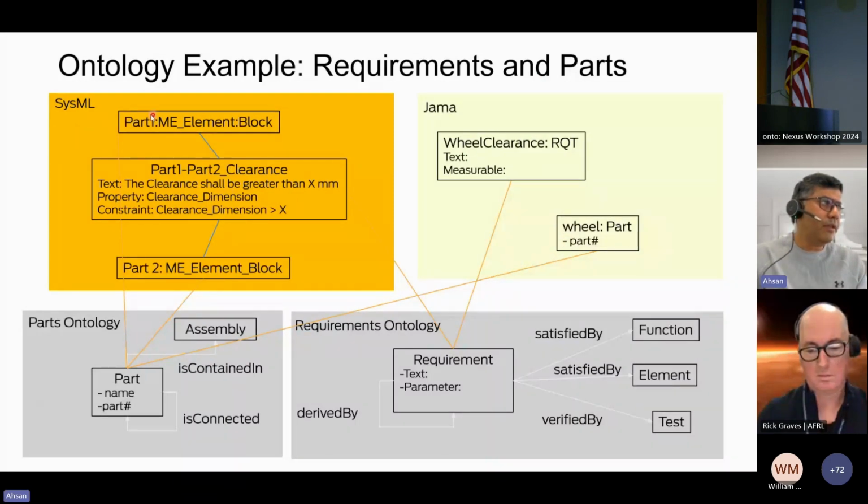Now, the data on the left side should conform to what I would call a parts ontology, which defines how parts can be connected to other parts or how they can be contained inside other parts. And then the data on the right side should conform to the requirements ontology, which defines what is a requirement object and what it can be satisfied by, what it can be tested by. So once you, as an ontologist, define those ontologies,